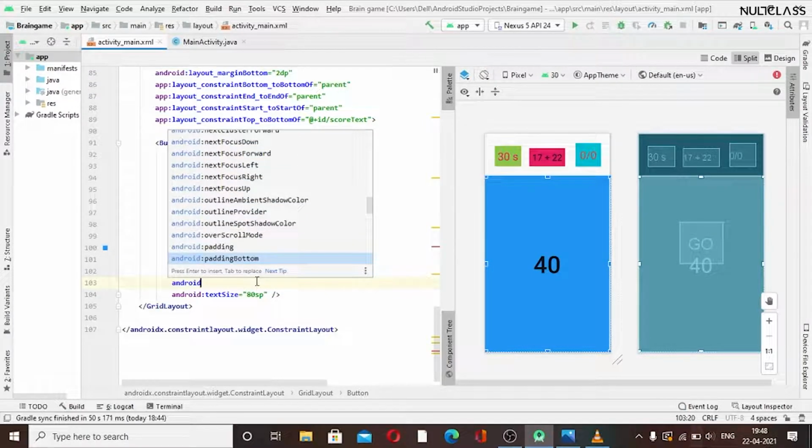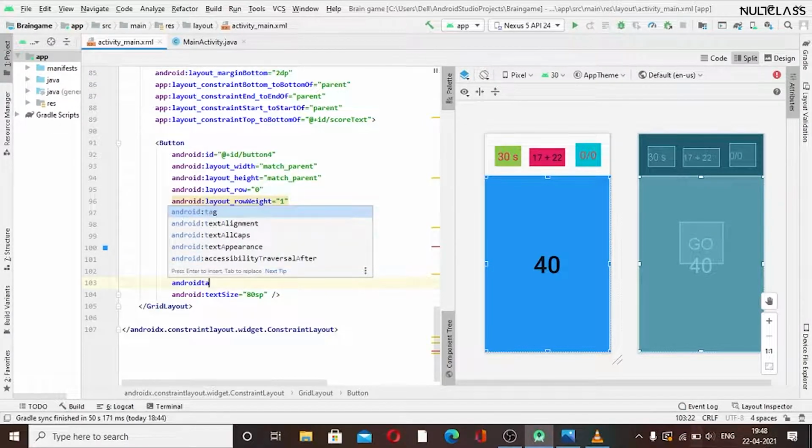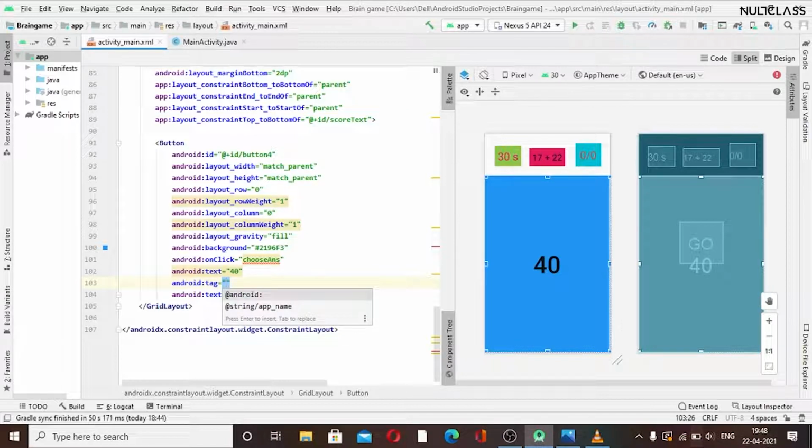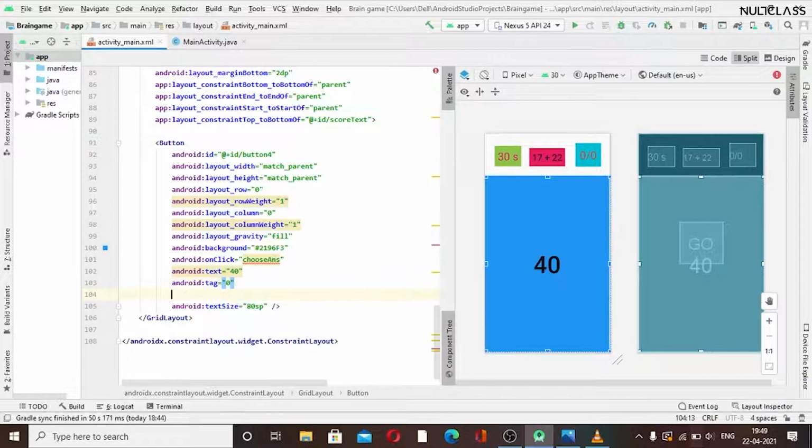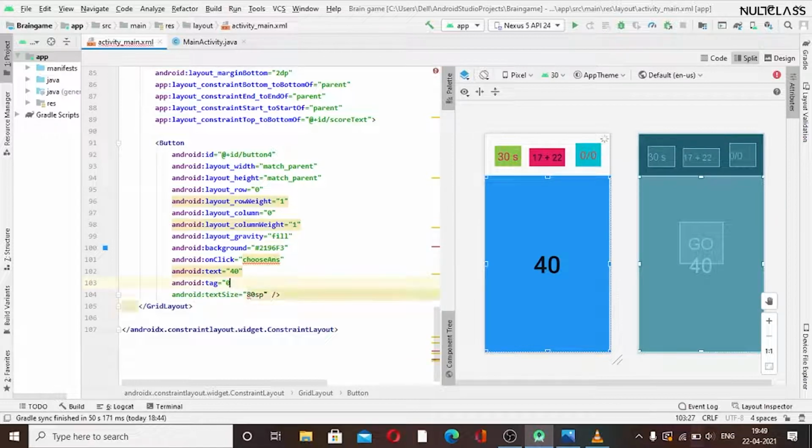Firstly I will write the tag here, yes, this one, and we will name it 0, then 1, 2, 3. We want to insert 4 buttons, so we will be using the same. Okay, so we have added text also, we have the tag here, we have the text size here. I think we are done with all these constraints. Okay, so now we have this ready for our one button.